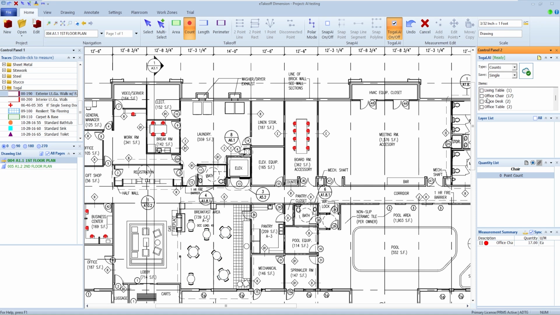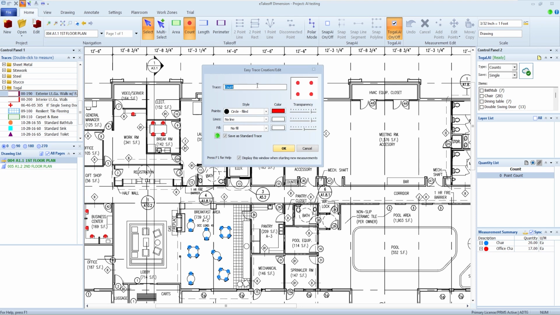So I could have come back down and found, where's the office desk? Where's office tables? Things of that nature. That way I'm using their labels to find the different things. Very powerful also, if I wanted to find all the double doors, you'll notice with all the dots flashing there of where all the different double doors are, I could take off all the doors in one shot. In this case, I said chairs, so I'm just going to leave it at chairs at the moment. So now I've taken off my 20 chairs, but very, very fast.